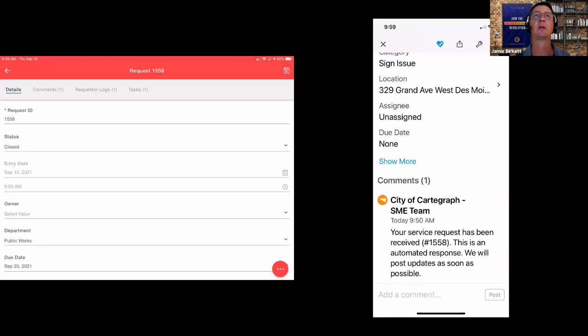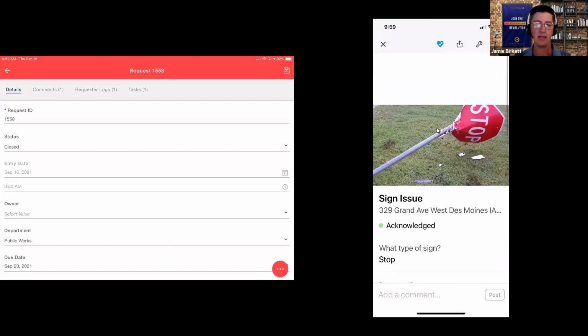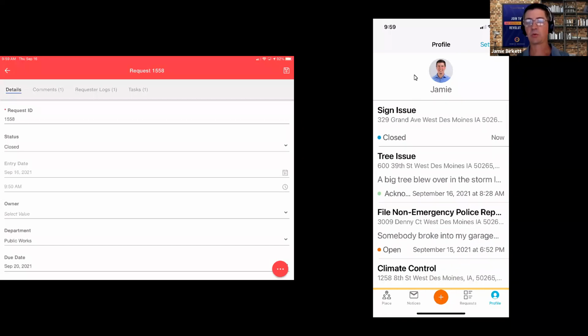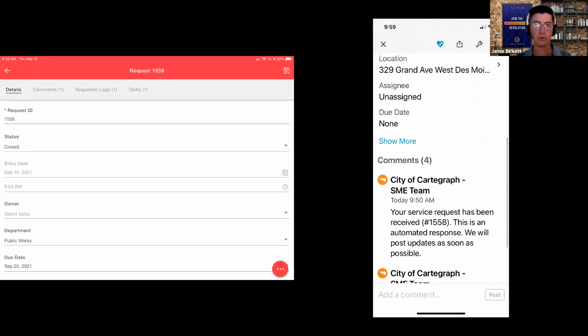I'm going to give this a second to sync back up, but if we pay attention to the right-hand side, I am going to refresh my screen here, and I can now see that as a citizen, that sign issue is closed. So again, we automatically close that in Cartograph, which will automatically close that in SeeClickFix. And now as a citizen, I can click into this and as I scroll down, I'm going to see that